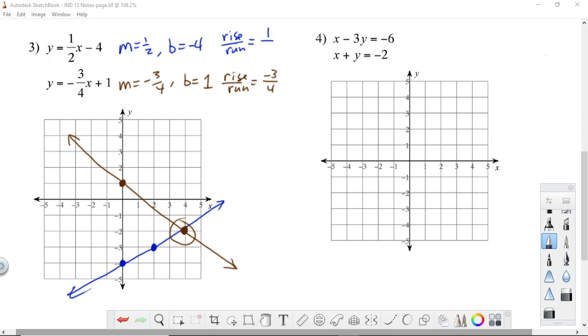So if we plug those two numbers, first of all, let's write down our solution here. We got 4, -2, right? So we said that should satisfy both equations. So let's plug it in, and we should get true statements for both. So we put in the 4 for the y in the first one. We get 4 equals 1/2 times x, which is -2 minus 4. So 4 equals,